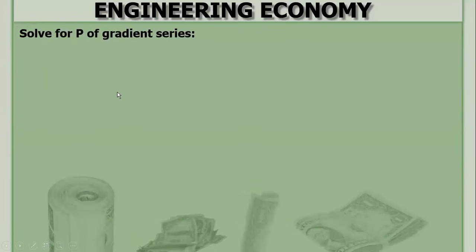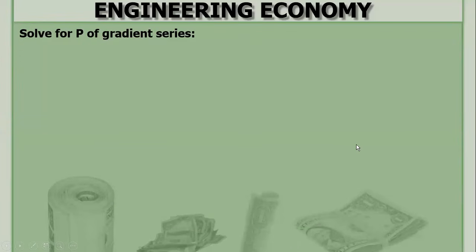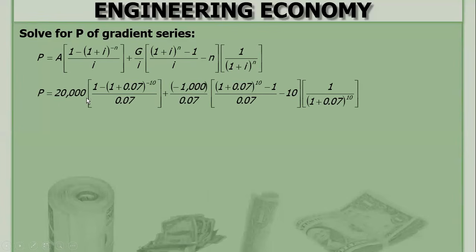So solve for P of the gradient series. Our A is 20,000 and our G is negative 1,000. Okay, decreasing by 1,000. Our i is 7%. Right? And the value of P is this,